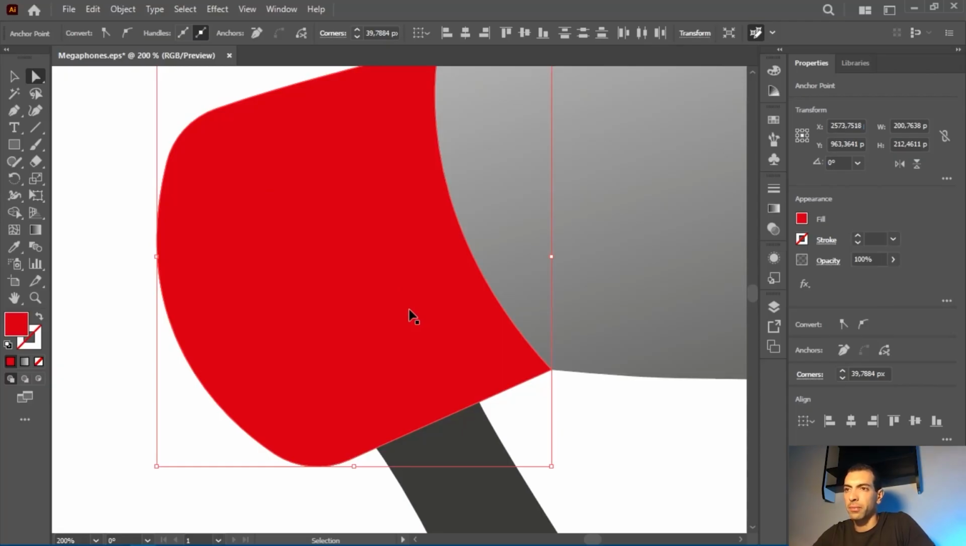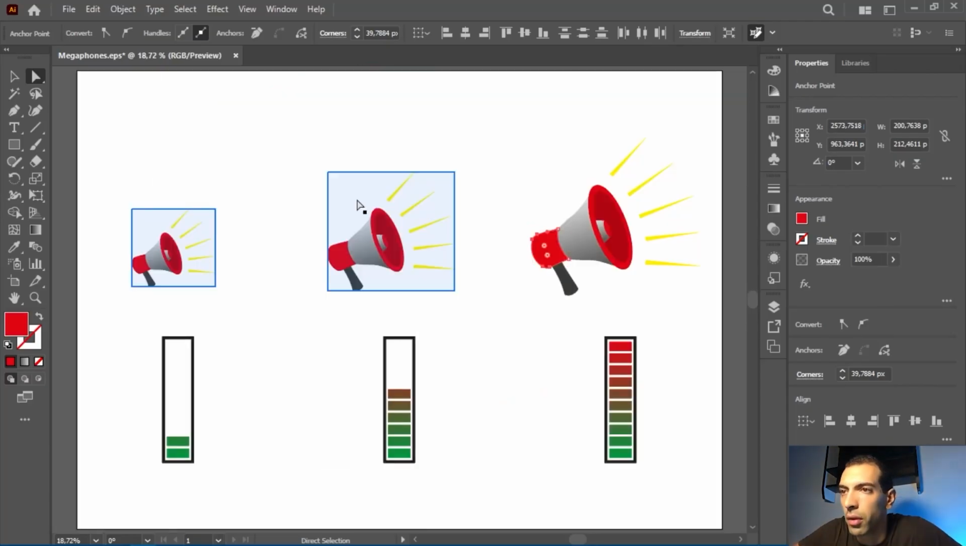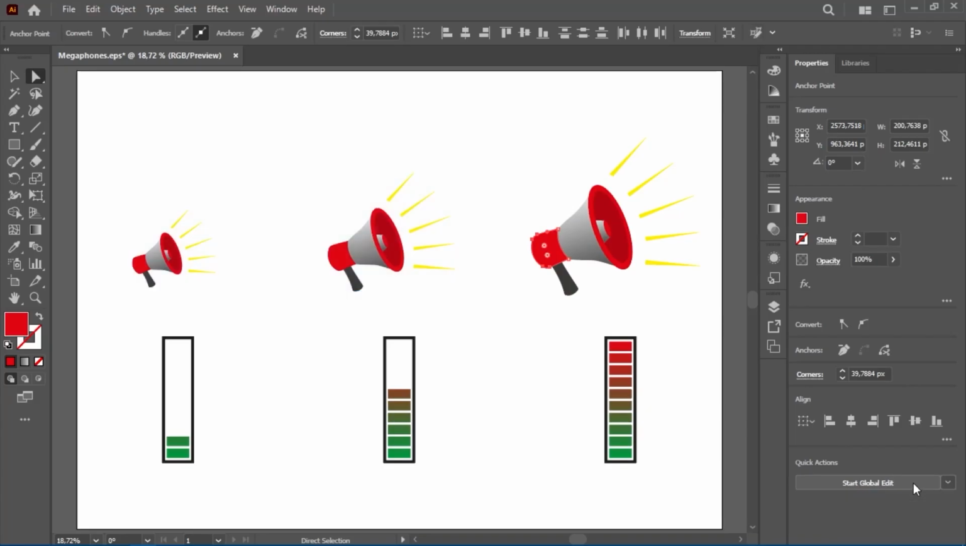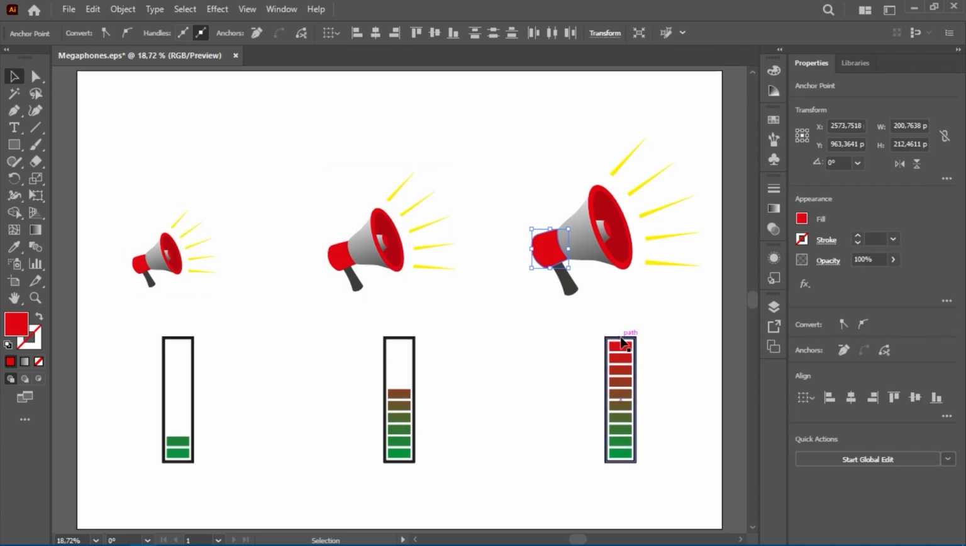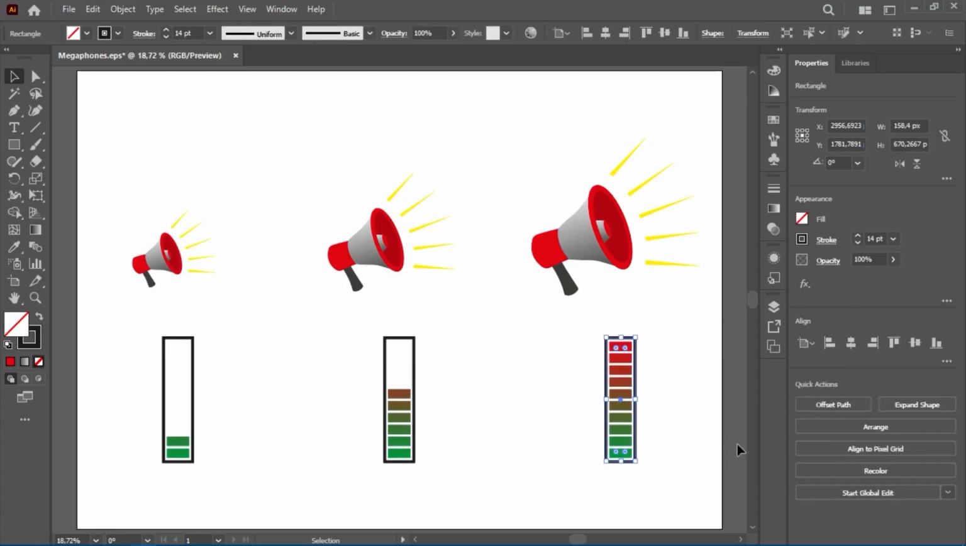Now, as you see, all the changes I made to this illustration, to this shape, also applied to these shapes. So this tool, Global Edit, can save us a lot of time. Now I'm gonna click here, stop Global Edit, like this. I'm gonna select this rectangle now, start Global Edit. As you see, all the similar shapes are selected,